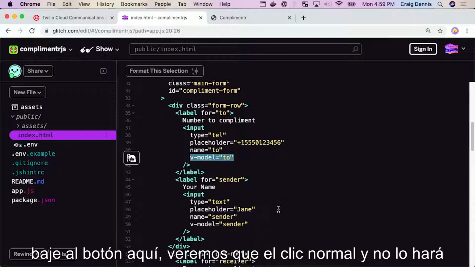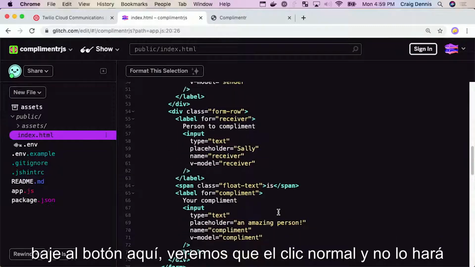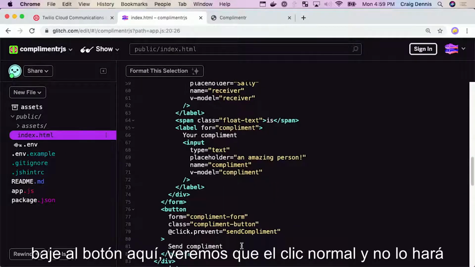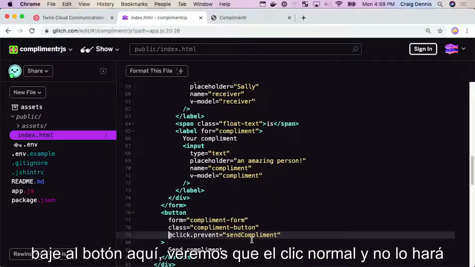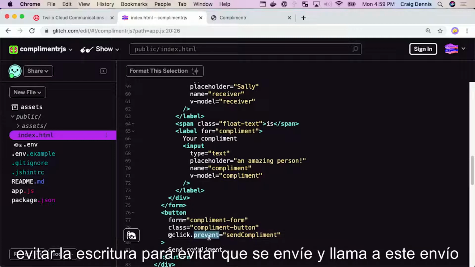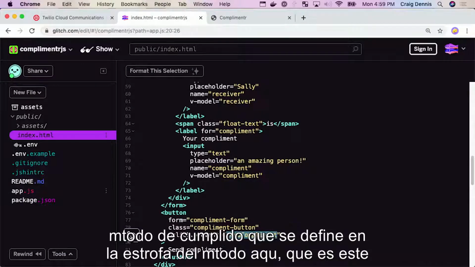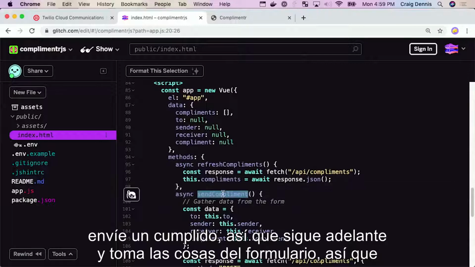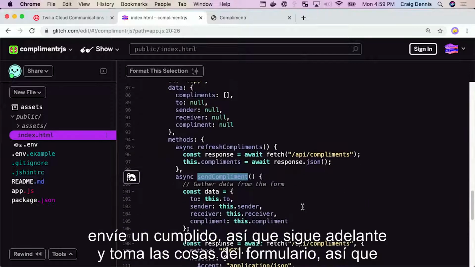And if we come down to the button here, we'll see that on the click, it will prevent, right? So that prevents it from being submitted, and it calls this sendCompliment method, which is defined in the methods stanza here.